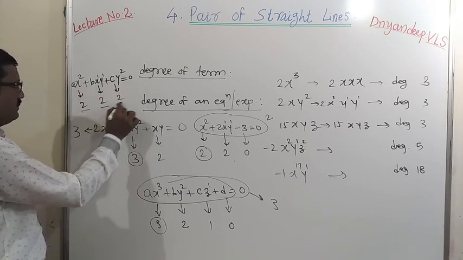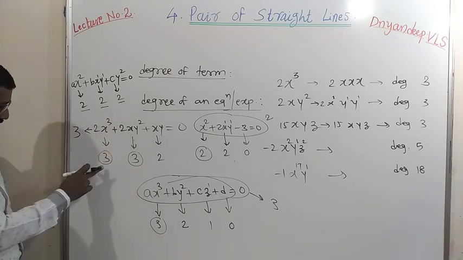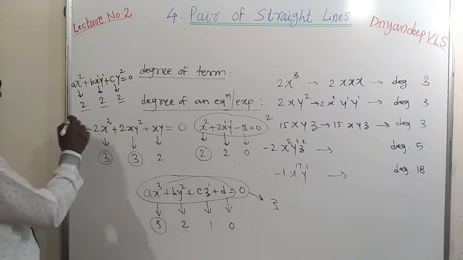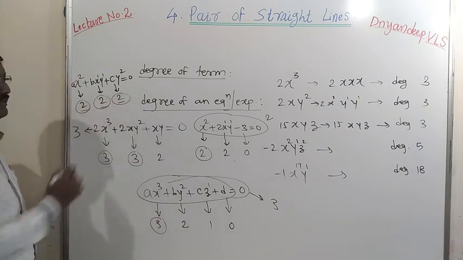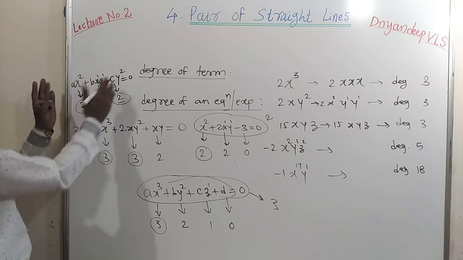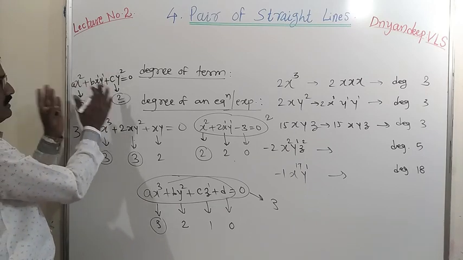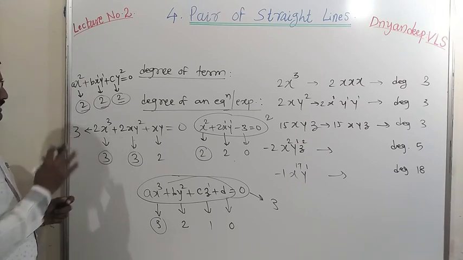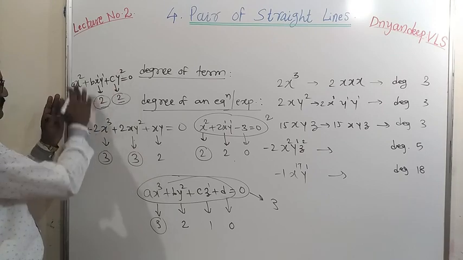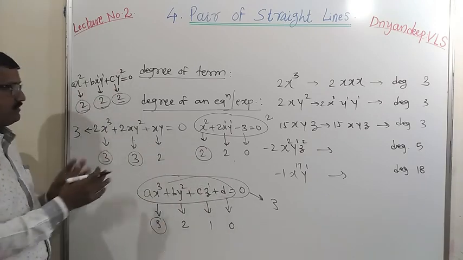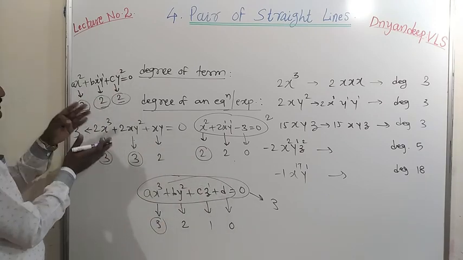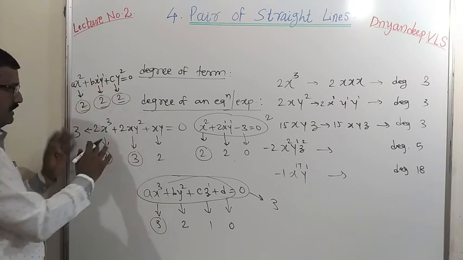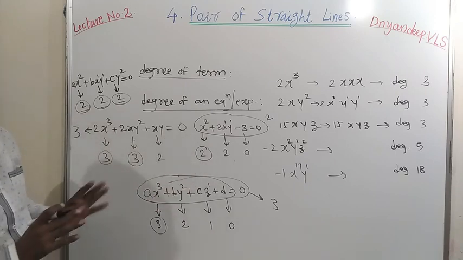Here the degree of each term is same, but in this example the degrees of each term are not same, here also and here also. So these are 4 examples. Here the degree of each term is 2, 2, 2. So that is the typical equation or expression having same degree of each term. Therefore these equations are different and these equations are different. So we can classify such equations into these two groups, having the same degree of each term and having different degrees of different terms.